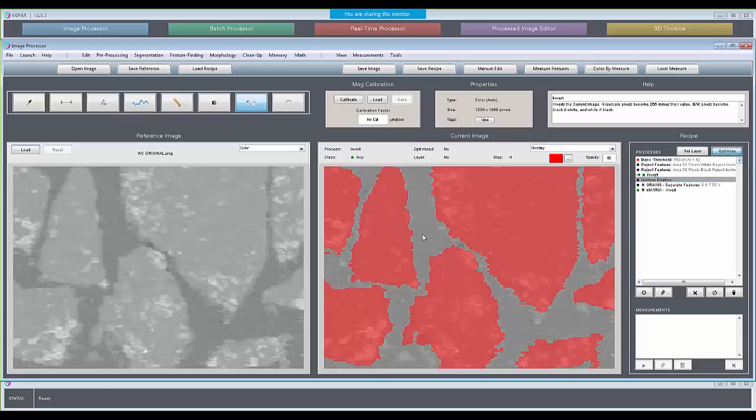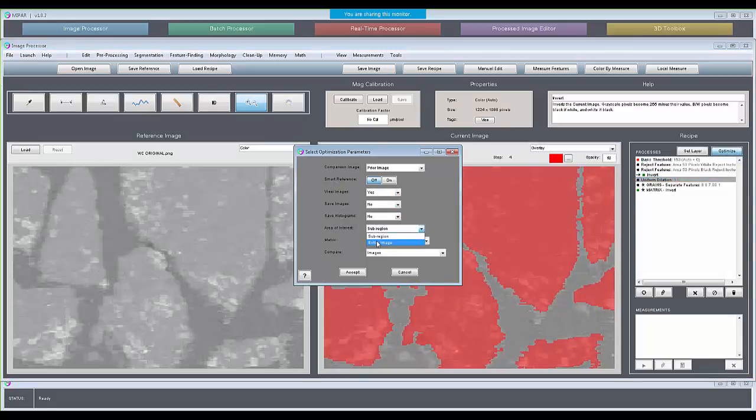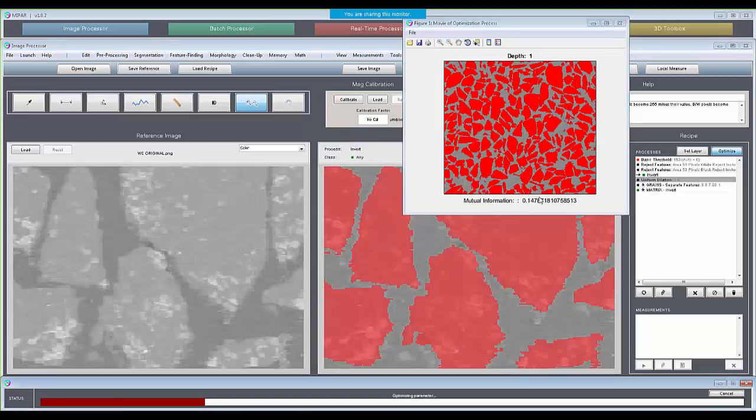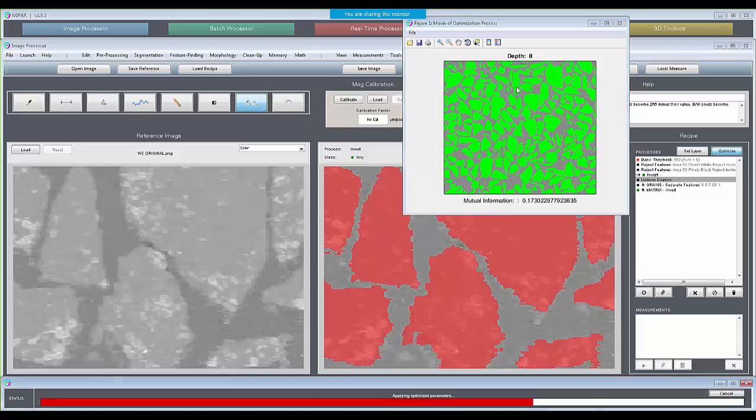So if I take the dilation step and optimize it, let's compare the dilated particles against the original image, and I let the dilation depth vary from 0 to 5 in steps of 1. It's going to come back and tell me that, well, at 0,